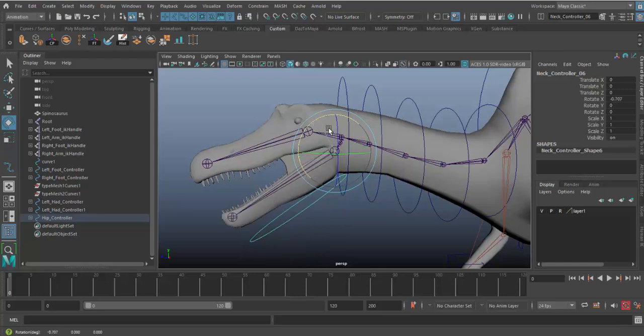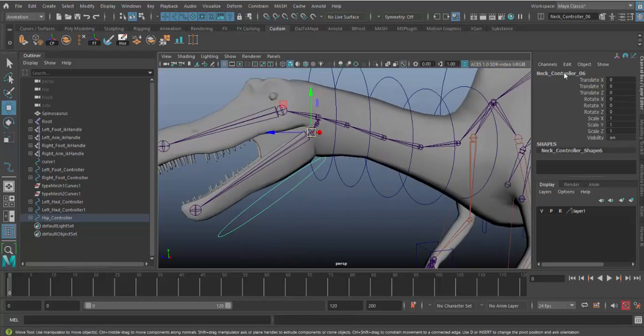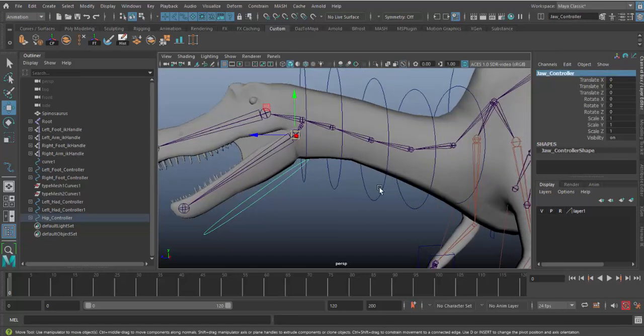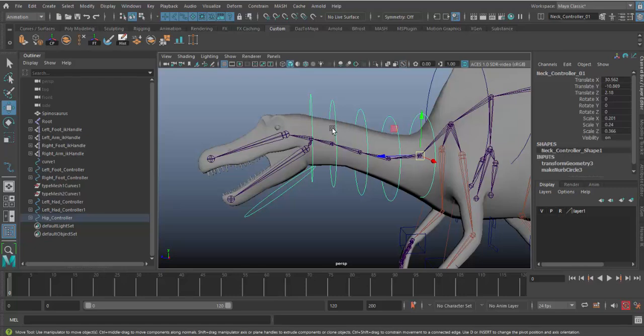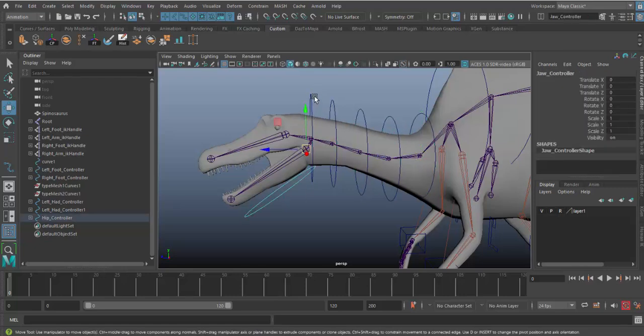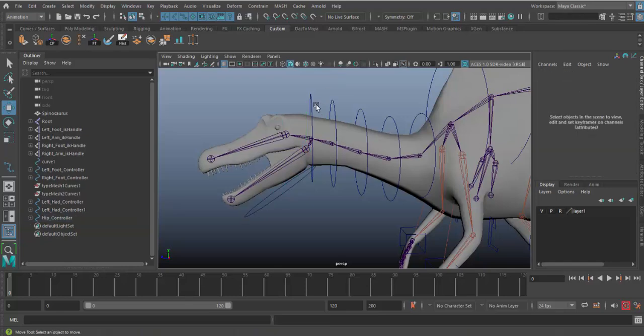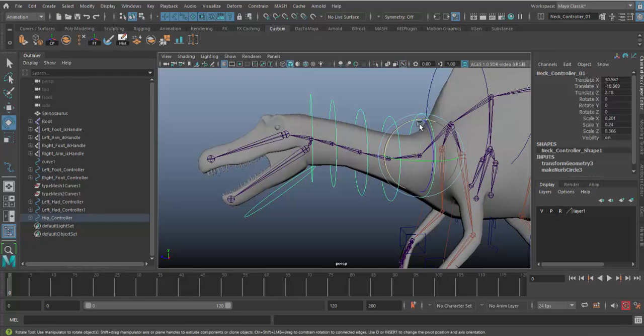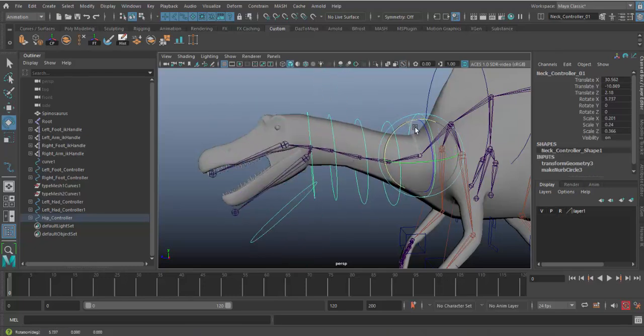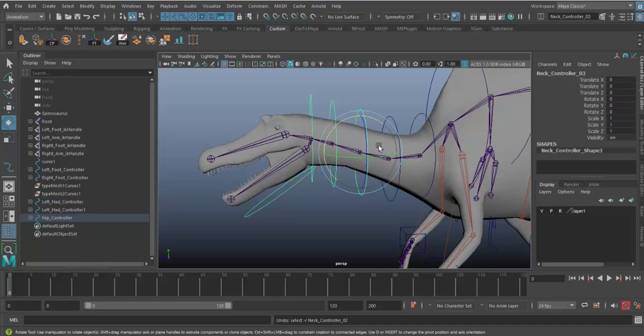So that's what I can do with this, and I want to name it jaw controller. Because I already duplicated it from this one, it's already a child for this one, but it's not a child for this one, so I will make it a child for this one too. This one, every one of them controlling